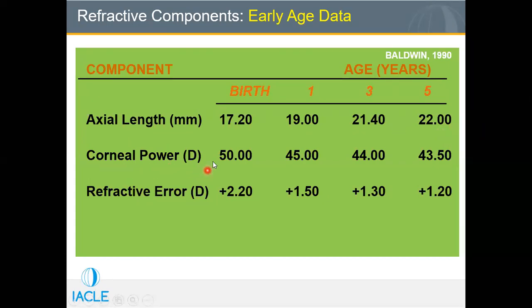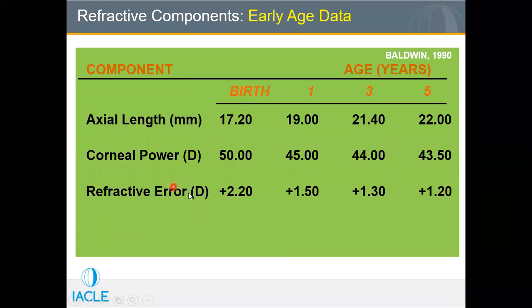Similarly, the corneal power, meaning K reading, is very steep at birth between 0 to 6 months, and progressively the steepening becomes a little flatter. As you can see in the table, at birth a normal baby would have an average K reading of 50 diopter. But by the age of 3 to 5 years, it approximately matches an adult's normal K reading, corneal power, that is about 44 diopter.